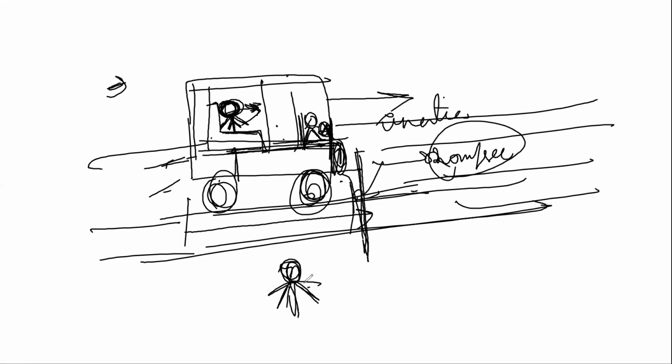I am observing through my frame of reference. Through my frame of reference, this is a moving object. Now you are sitting somewhere here in this bus. Now for you, this bus is at rest because you're also moving with the same velocity as the bus. Right? But for you, I am moving. You're moving forward. So for you, how will I be moving? I'll be moving this way. For you, I appear to move towards the opposite direction in which you are moving in the bus